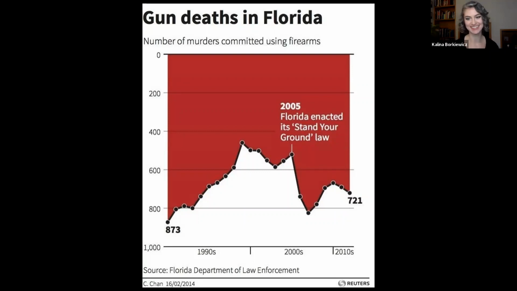Great first answer. Damien says it's upside down. Yes, so the y-axis is upside down here, which means that gun deaths look like they're decreasing when they are actually increasing. And there's no way to know if this visualization was made maliciously to lie to people about gun violence, since that's a politicized issue, or it could have simply been an honest mistake where someone just wanted to make a cool looking graph that is unique. But does it matter what the intent was when the effect is the same and it gets seen by thousands or hundreds of thousands of people?